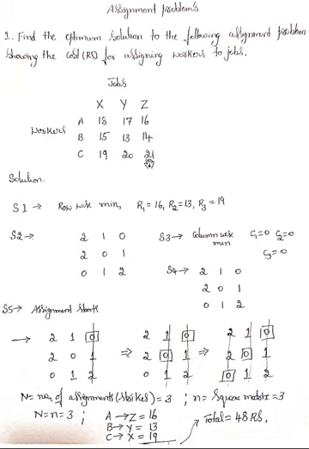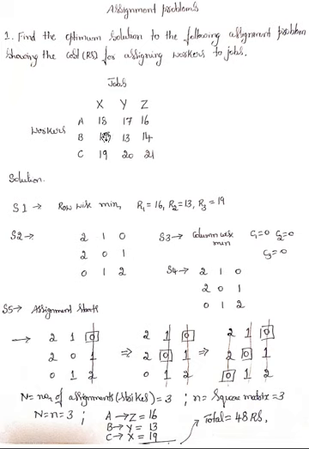Then the next thing is to identify the minimum element in each row. In the first row the minimum element is identified and noted down. In the second row the minimum element is identified and noted down. In the third row the minimum element is also identified and noted down. In the next step we subtract that minimum element from the respective row. That means 18 minus 16, 17 minus 16, 16 minus 16, and we write down that new row.